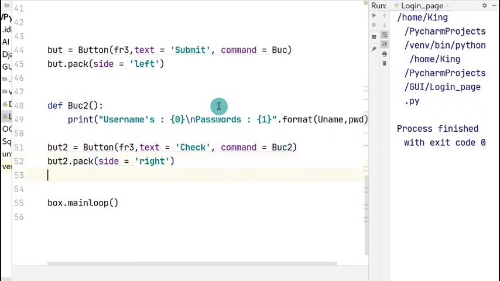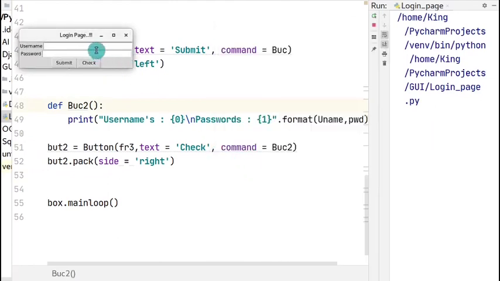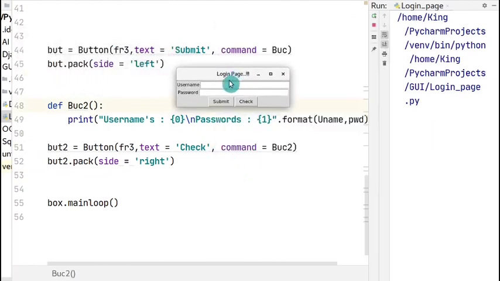Now let's run this. There you go. So I'm going to add a username, Biswajit. I'll give a password. I'll submit, and I'll give another username, and I'll give a password, and I'll submit.